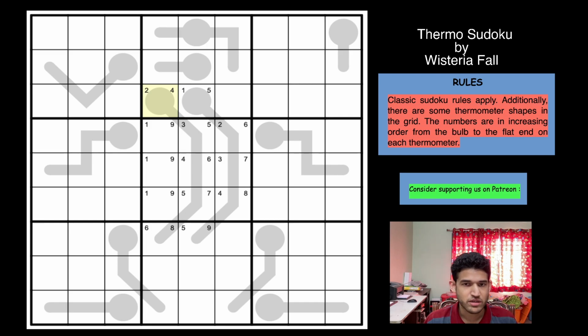Okay, so let's give a deeper look now. Look what happens to the cell inside this cell. This red cell here cannot be here because of Sudoku rules, and it cannot repeat on the thermo because digits strictly increase. So whatever comes here, 2 or 4 must be in one of these 3 cells. The red cell must go in one of these 3 cells, right? So let's remember that for now. And similarly, look at this cell, 6 or 8. It can't be in these 3 cells. It cannot repeat in the thermo. So 6 or 8 is also in these 3 cells,